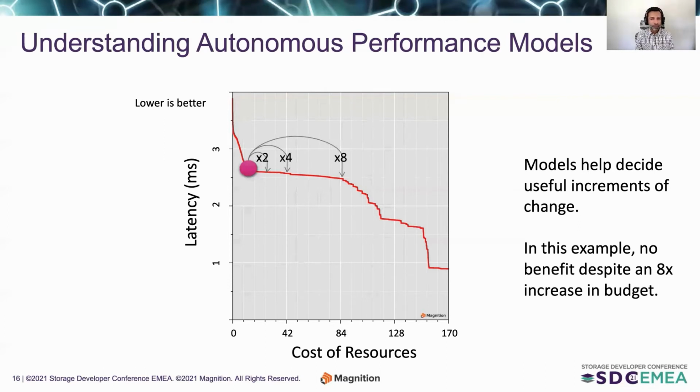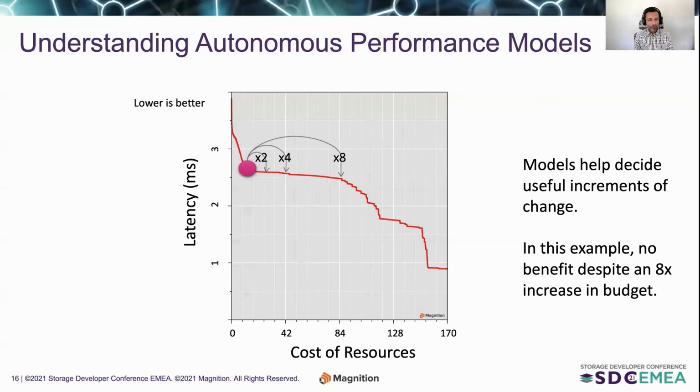manually. And if I give up at 8x, now I don't realize, but I'm actually at the cusp of a fairly steep improvement in latency if I was to just continue to increase the resources that I'm giving to the system. Now, again, today we don't have access to that red curve. Only a fully autonomous system has access to that red curve, and then the ability to make decisions based on this, right? So in this particular case, it was perhaps better to not expend 8x the resources for no performance